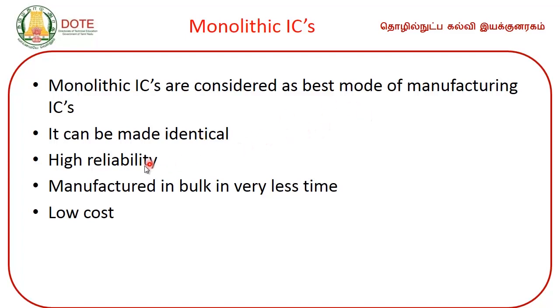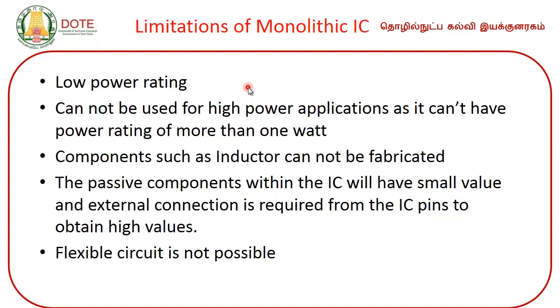So, identical. High reliability, of course, because devices, connections, everything is done in the fabrication process itself, you do not do anything externally. So, the internal circuit is highly reliable, it is packed also. So, it is manufactured in bulk in very little time. Bulk manufacturing refers to batch processing, right. Low cost. Monolithic IC compared to the hybrid IC is very low cost,